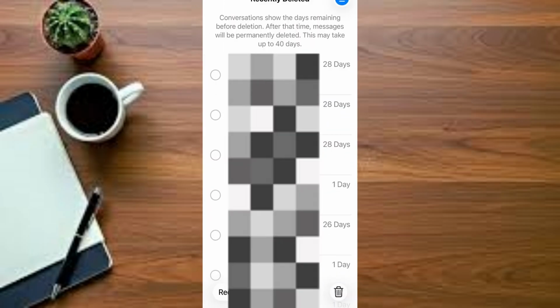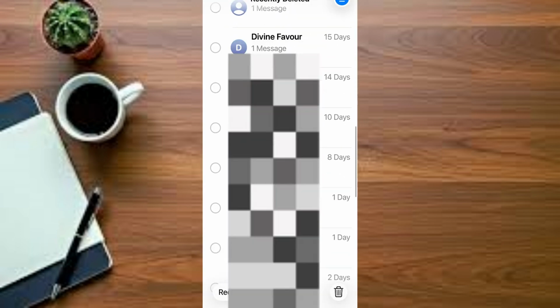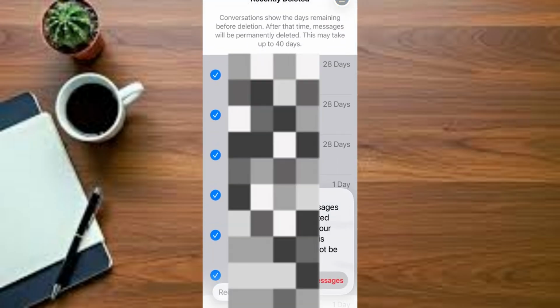be deleted. You see that message has been deleted, and you can continue this and delete all other messages on your device. So that is the simple process, guys, on how to delete messages on your